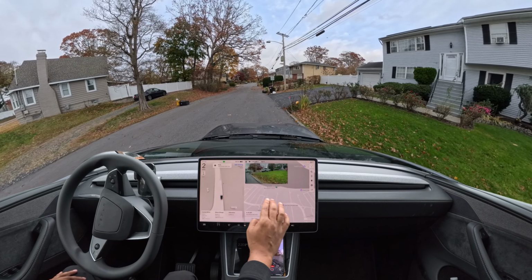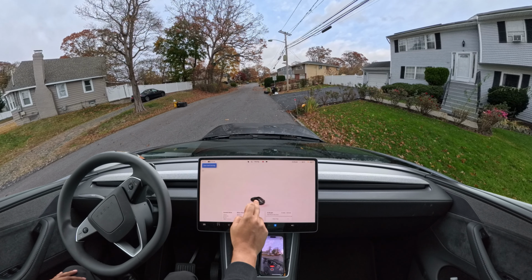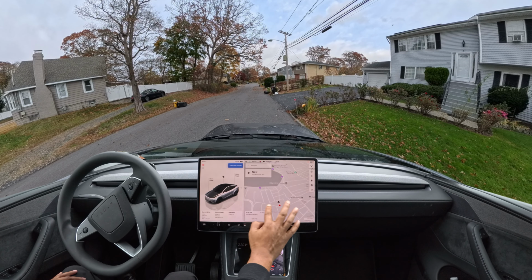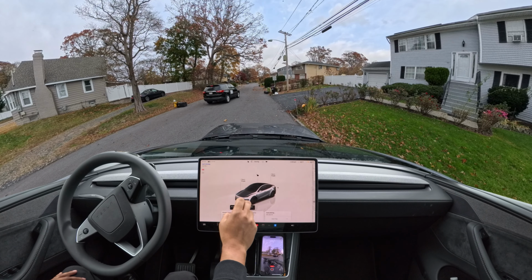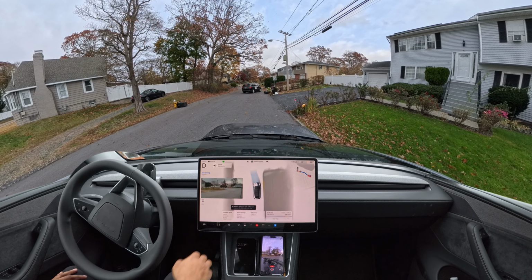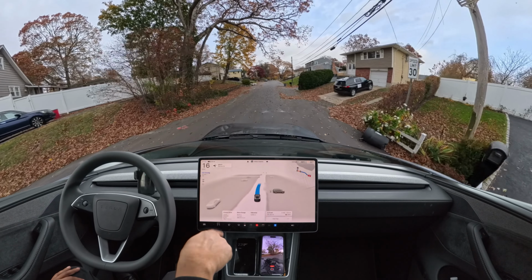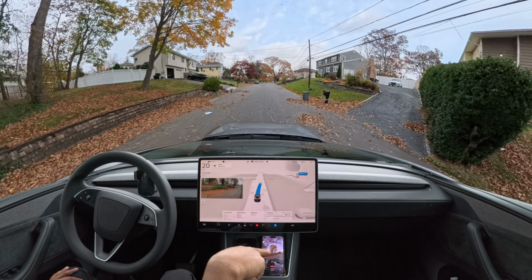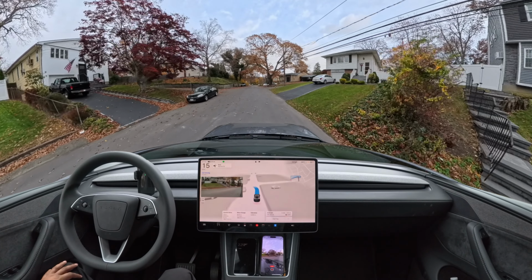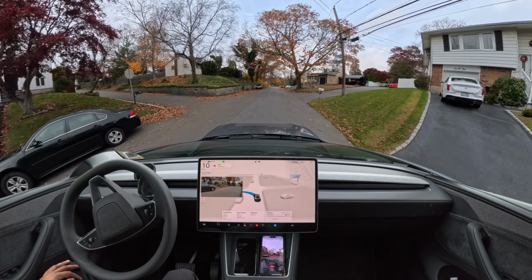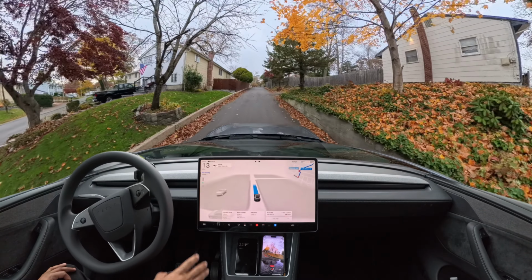So I'm gonna change the navigation so that the car goes on that narrow road. You'll see that we have some leaves in front of us. The car will avoid that, which is very interesting to see because whenever I engage FSD, you'll see it moves over to the left. You see there are like pile of leaves on the road. It just avoided that. But now when we make this left turn, there are still so many leaves, but the car will go over it because we don't have any space to make this left turn, which is very interesting